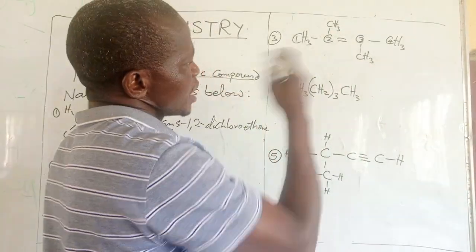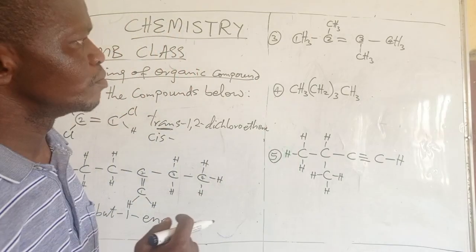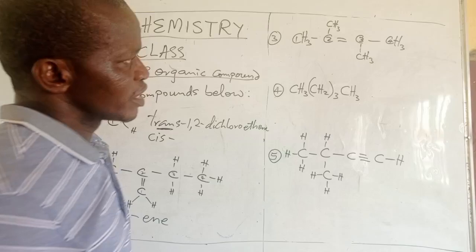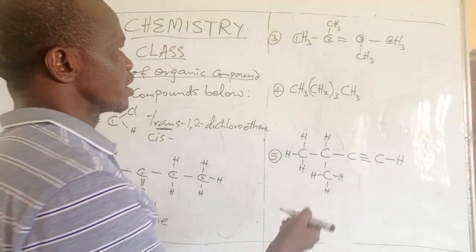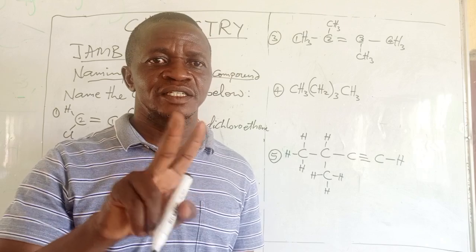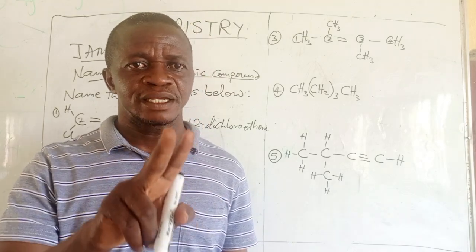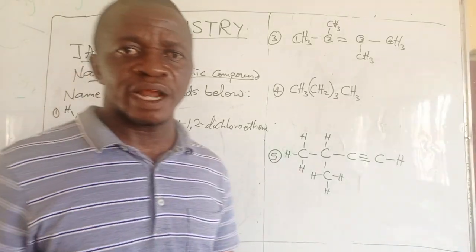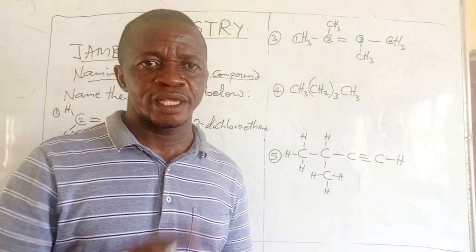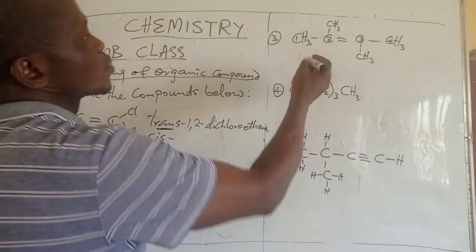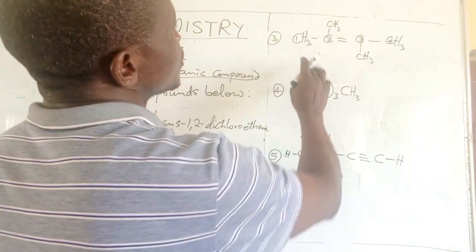Now let's look at their names, the substituents. This is methyl, this is methyl. CH3 is what? Methyl. And since there are 2, we are going to add di to that. Di means 2. If there are 3, we say tri. If there are 4, we call that tetra. Okay, so now using that, you now see